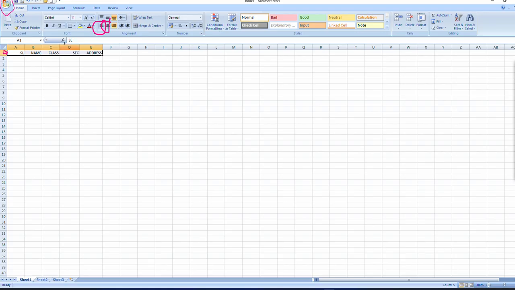The column headers are serial number, name, class, section, and address. Here I am going to enter one of the student information. Now serial number 1, name is Manoj, class 9, section A, then address is any of the village XYZ,